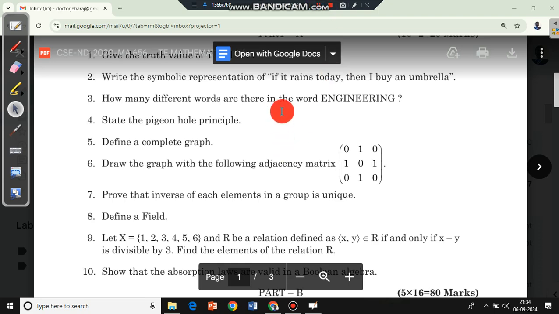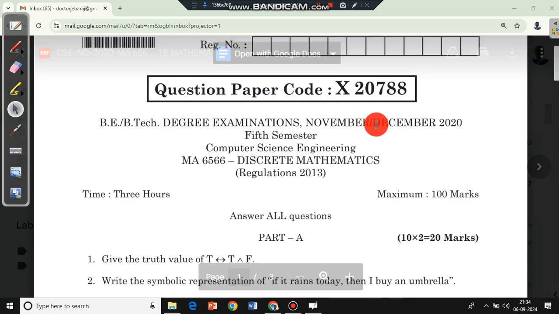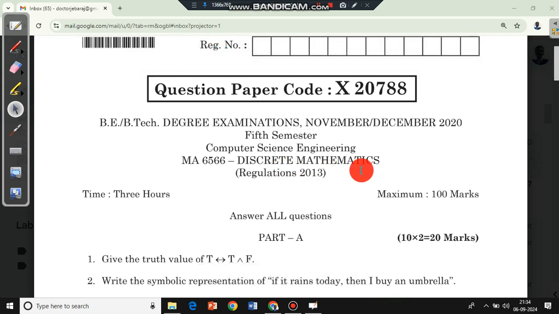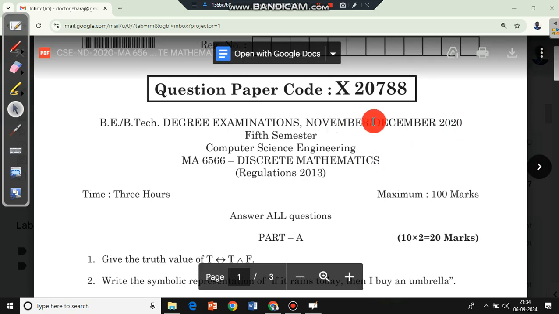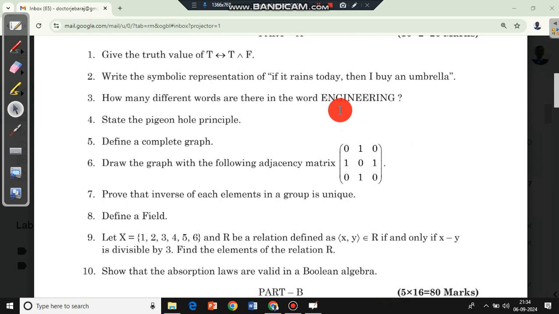Dear students, in this class I'm going to discuss discrete mathematics. This is a university question that came in the 2020 November December examination. One of the questions is